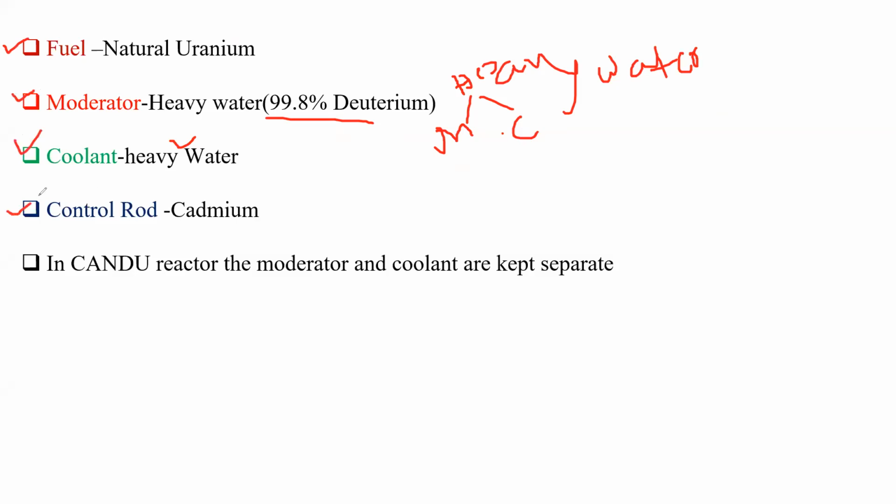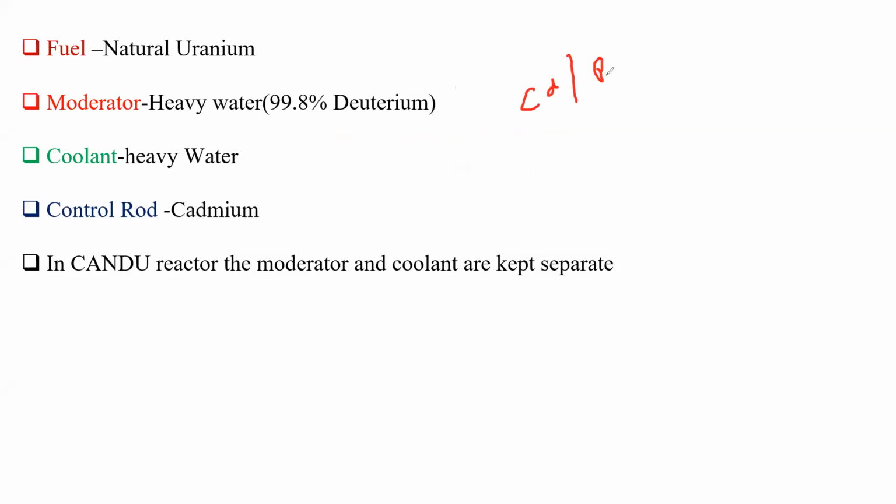After that we use control rod. In PWR or in BWR or in gas cooled reactor, there is no concern with which type of control rod is used, whether we use cadmium or boron. But whenever this Canadian uranium reactor comes into the picture, it is very important that your control rod must be made from cadmium. So this is much important, and this is one of the differences between PWR and this reactor.